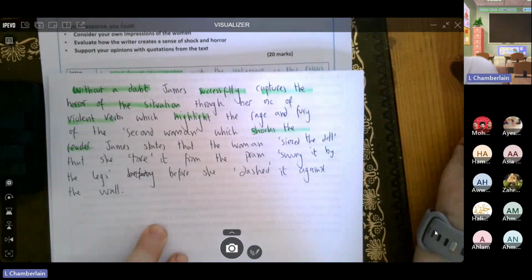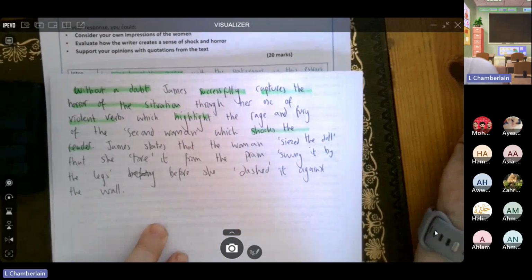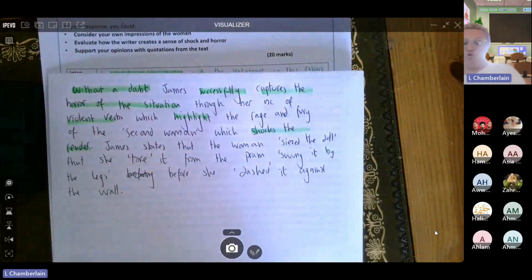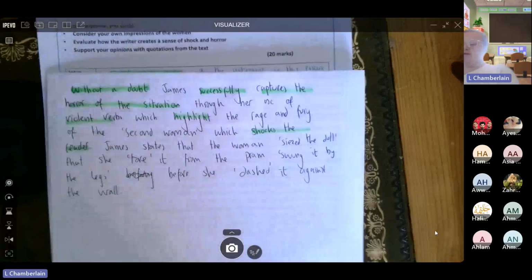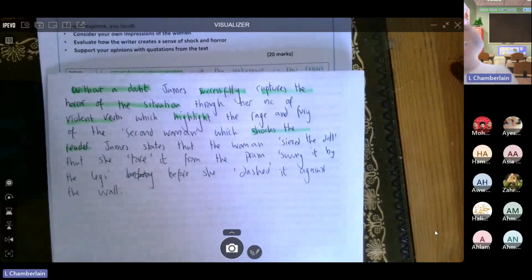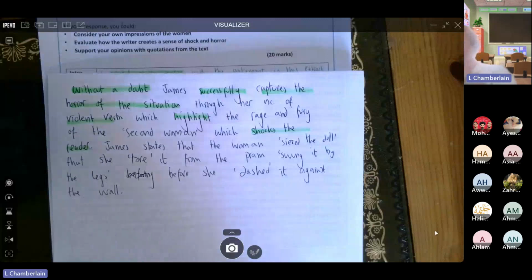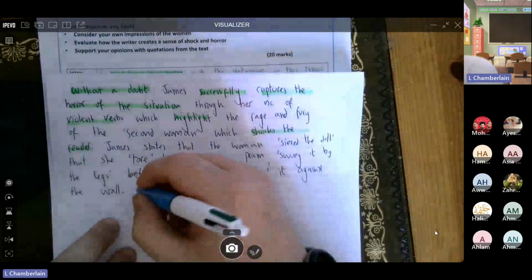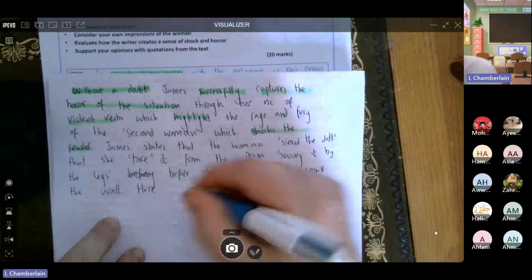James states that the woman sees the doll, that she tore it from the pram, swung it by the legs before she dashed it against the wall. Now I need to evaluate this use of vocabulary. I'm not going to spend ages analysing it, I am evaluating. So what is it about those word choices that make it successful? So I might say something like here,